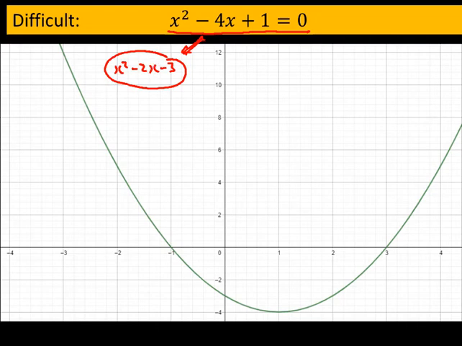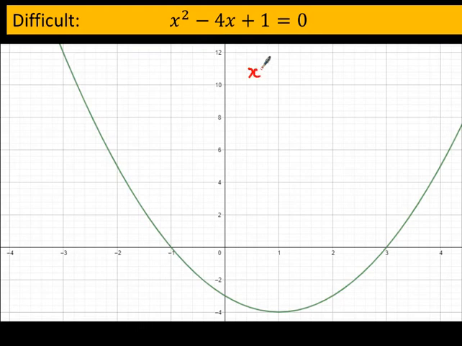So what we do is we start with the question itself, and I'm just going to copy it here. What we need to do is morph this, turn it into x squared minus 2x minus 3. But it might not necessarily equal 0, it might equal something else. So how do we turn